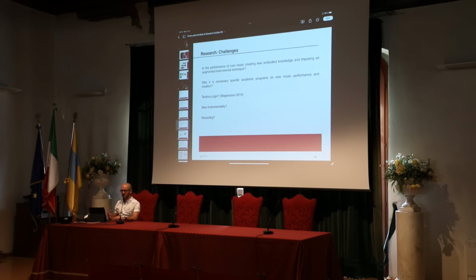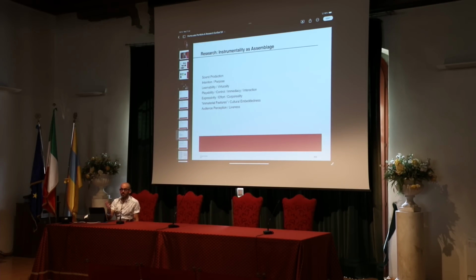So this poses also the question of what is the new instrumentality. So instruments are categorized under the Hornbostel-Sachs categories. But of course, when we start to integrate technology and new approaches to instruments, the Hornbostel-Sachs definitions of instruments are not enough. So a lot of researchers are looking for new definitions. I quite find interesting this definition actually by Deleuze, that considers the concept of assemblage. So we can see and understand instruments as an assemblage, as a collection of ideas.